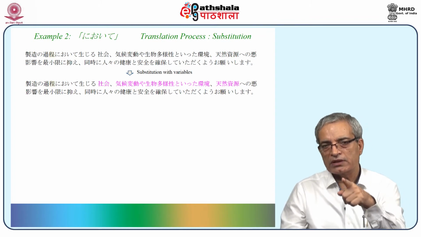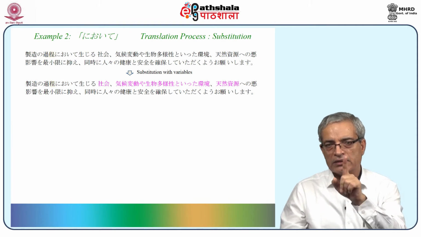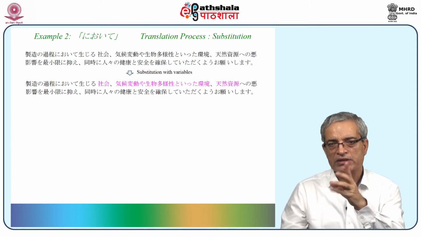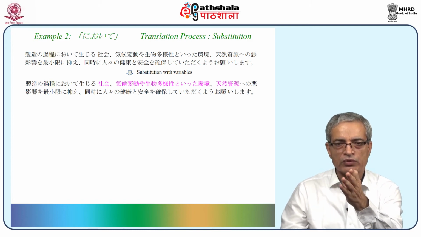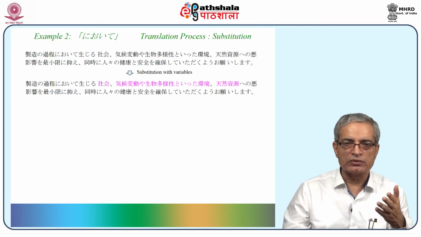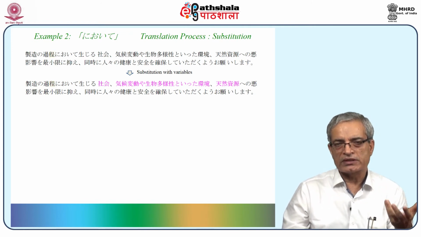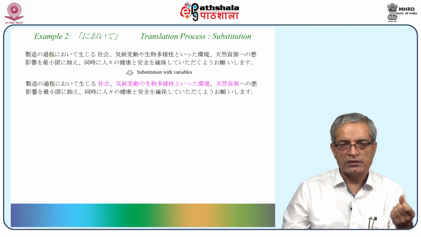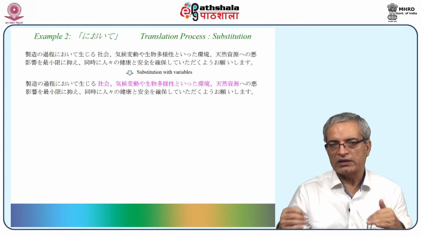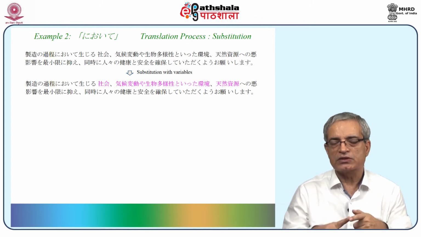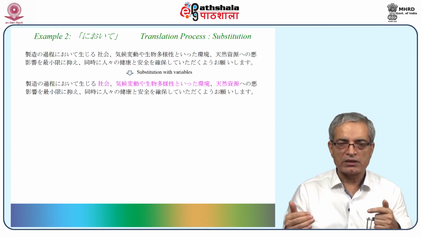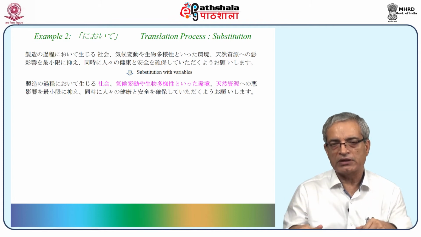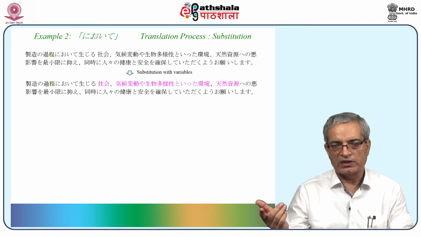The possible way out is that there are 3 nouns here basically, that is shakai, then kankyo, then shigen, which is tennen shigen, and kankyo is explained further. It is, I think, "hikohen doya jin", it's "seibutsu tayose". So that's an explanation, so adjective. So it's kankyo, shigen and shakai. Even kankyo, shigen and shakai, if we put either one, because at the time of final translation, all these elements can be brought back, but initially this can be taken out, and all can be taken out, and only one ABC or one A can be put here.